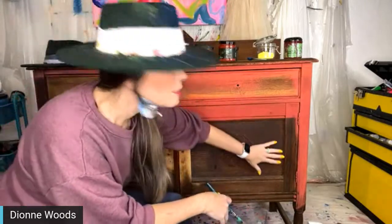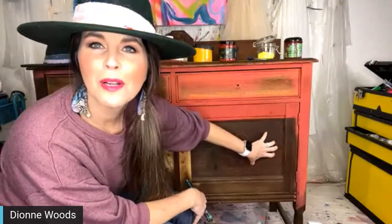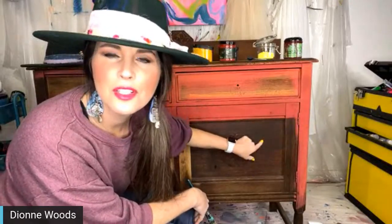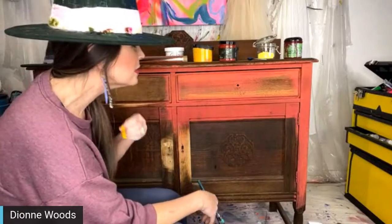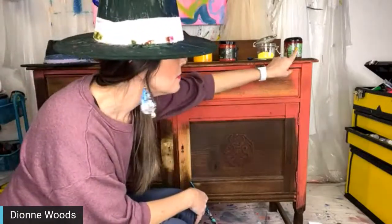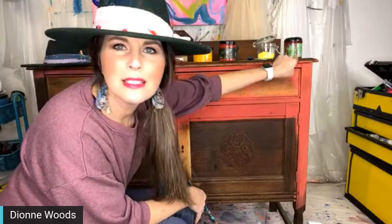Anyway, we're going to base coat. This is a piece that I'm going to be working on inside my Creative Connection membership group this week. We start our furniture tutorial, but we're going to base coat together. I wanted to make a custom red, and I'm also going to be adding, before this piece is over,